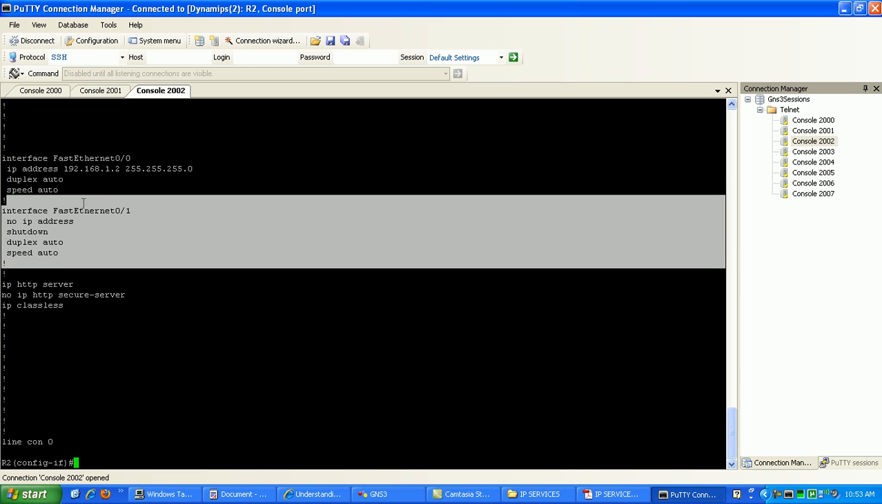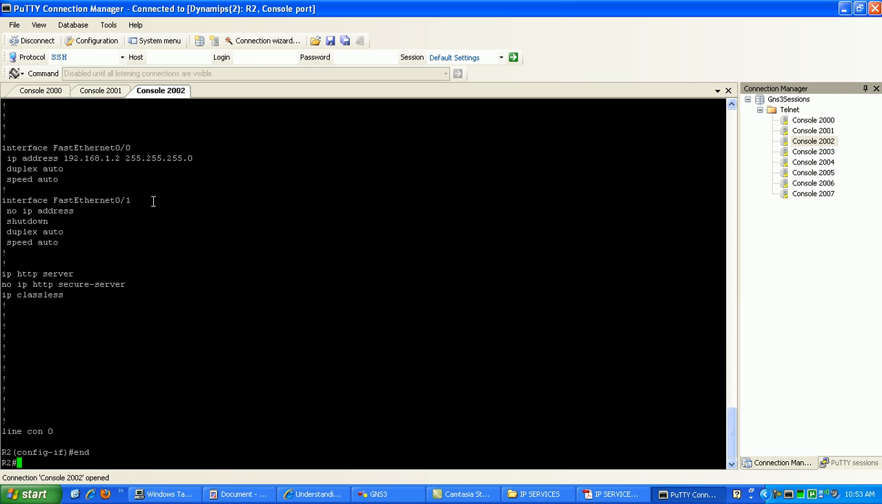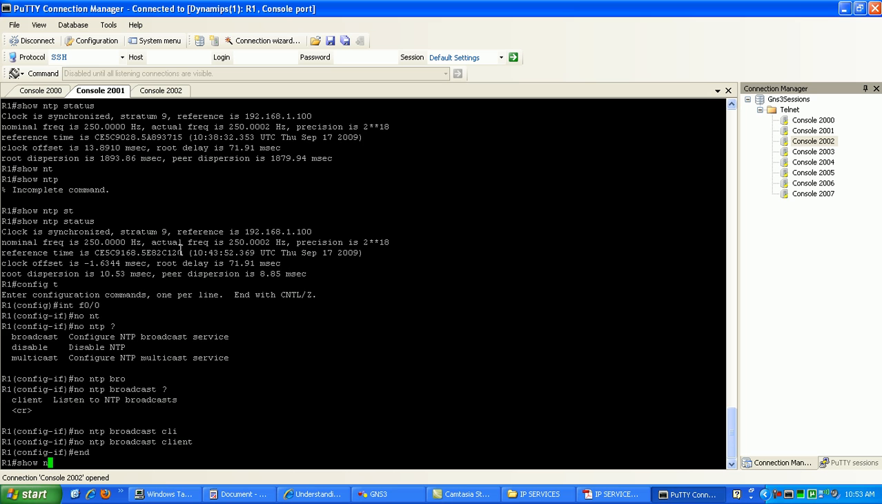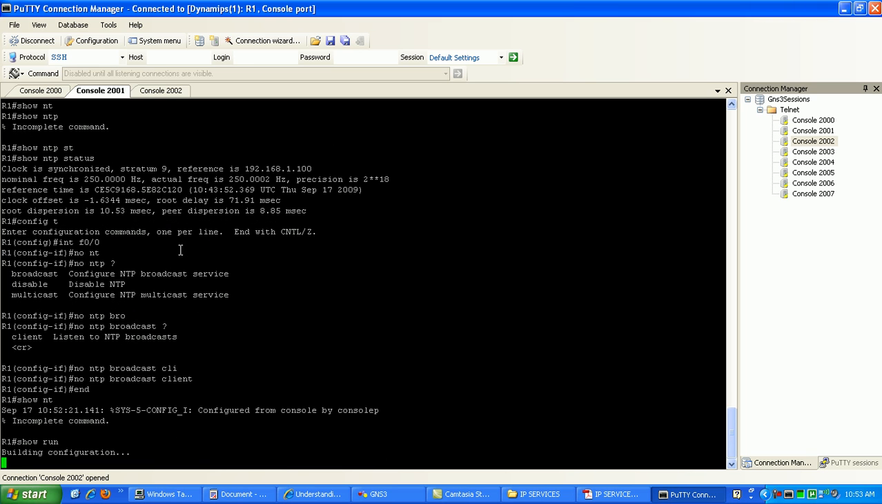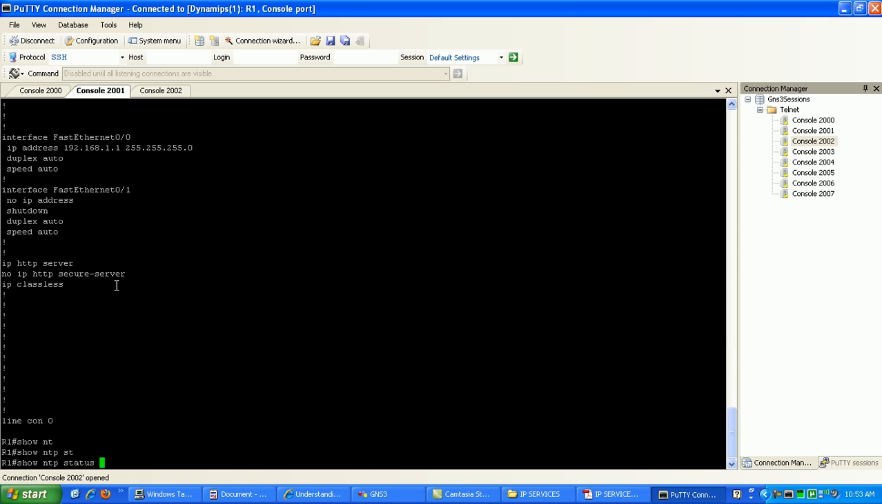Okay, now you can see it's off on the FastEthernet 0/0 interface. Let's verify that again on router 1. So router 1, we don't have any configuration here. If we do show ntp status,